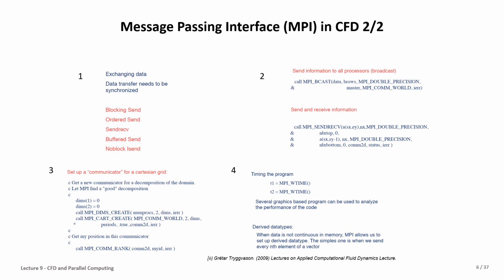We can have several graphics-based programs that can be used to analyze the performance of the code. However, regarding the derived data type, when data is not continuous in the memory, MPI allows us to set up a derived data type. The simple one is when we send every nth element of a vector. So this is a